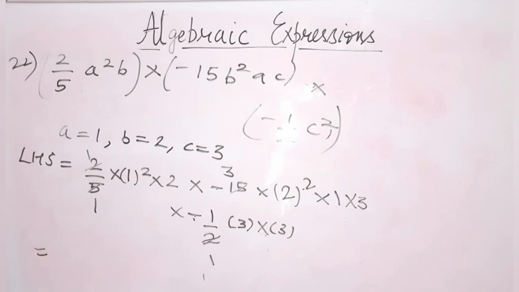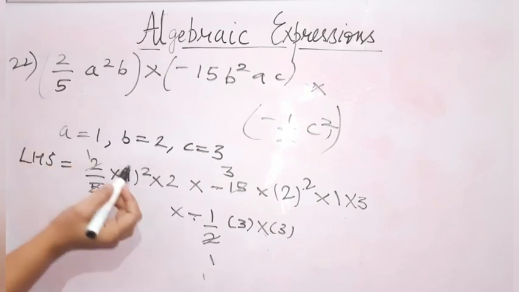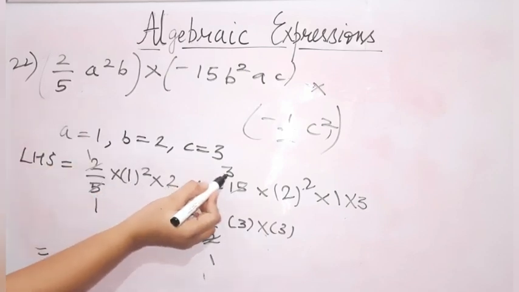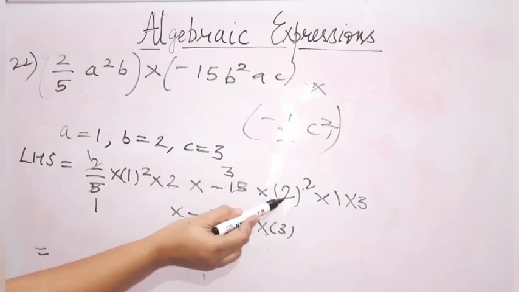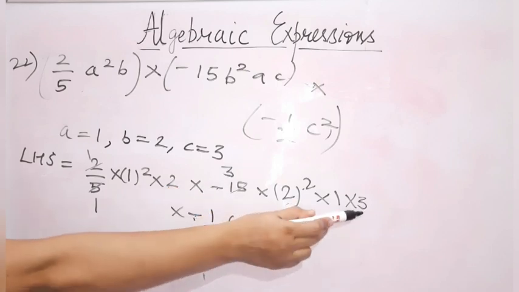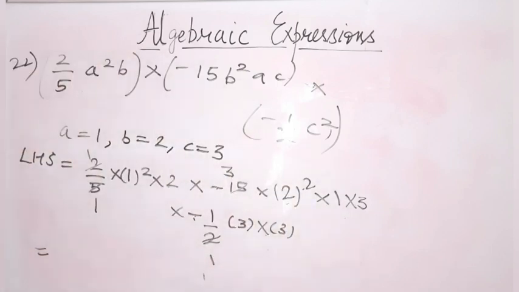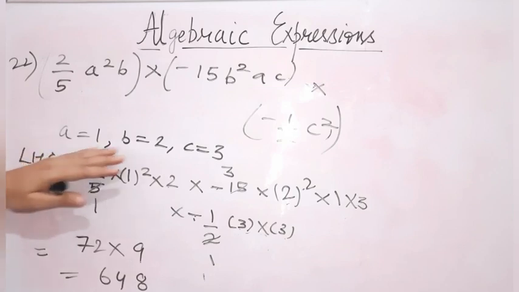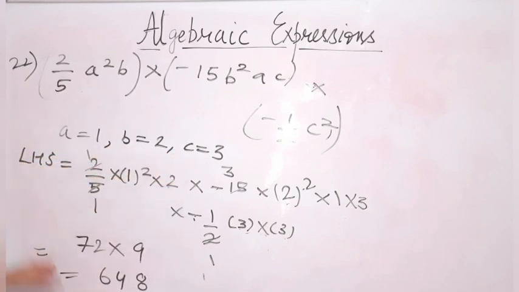Now I have to multiply all the things which are left in the numerators because we have already reduced the denominators. So this is 2 multiplied by 3, that is 2 3s are 6, and this is 2 square, that means 2 2s are 4. So 2 3s are 6, 6 4s are 24, 24 3s are 72, 72 3s are. We have to further multiply 3 3s are 9. So 72 multiplied by 9, 9 2s are 18, 9 7s are 63. The final answer is 648. After placing the values of A, B and C, we have got 648 in LHS.